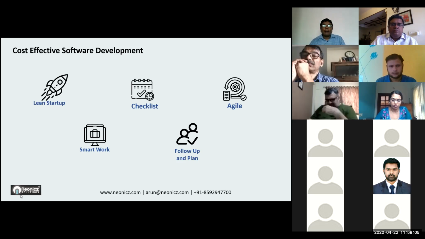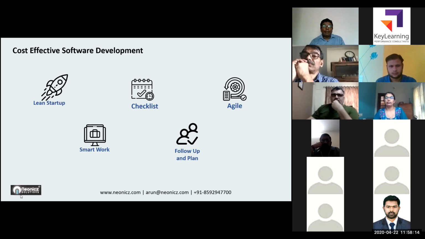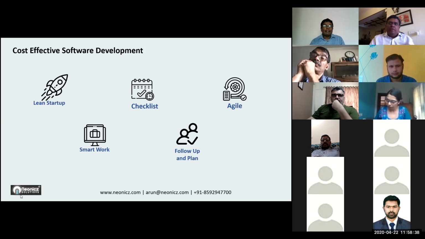So you can take the lean startup approach. The lean startup methodology is nothing but you may have one or two developers, or one man. There are no managers. Actually, you are going to be the product owner. So a maximum of three people on a product you can develop. You can start developing, and as it is lean, it can move faster also. You don't need to explain things to a 10-member team, and you don't need to spend your time with a 10-member team answering all of their questions.